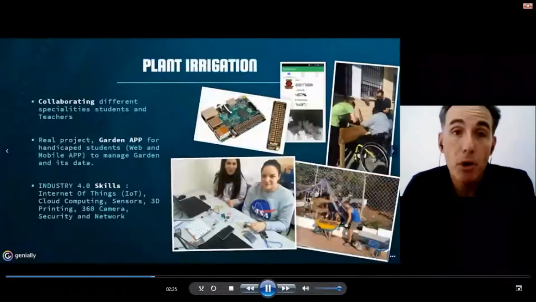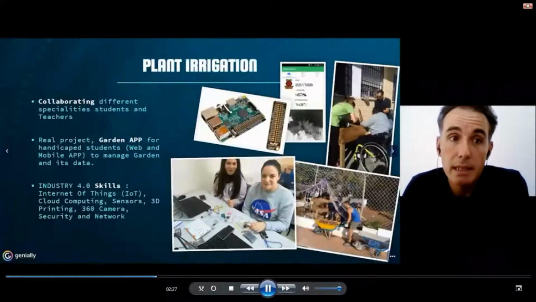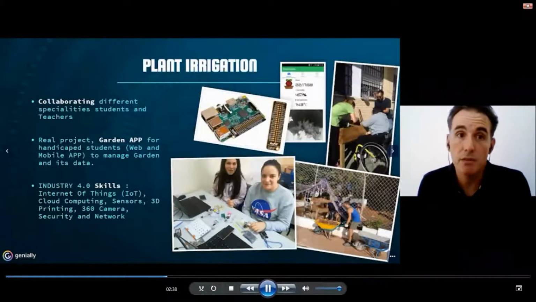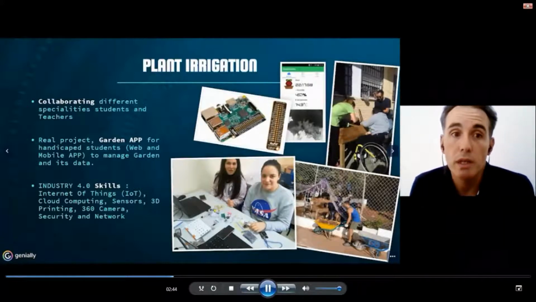Okay, this project, Plant Irrigation, was a great opportunity for us in this Erasmus Plus project, because we could work in lots of different specialties with different teachers of different classes and different students. It also was a real project that we implemented at our school, in the classroom of handicapped students.